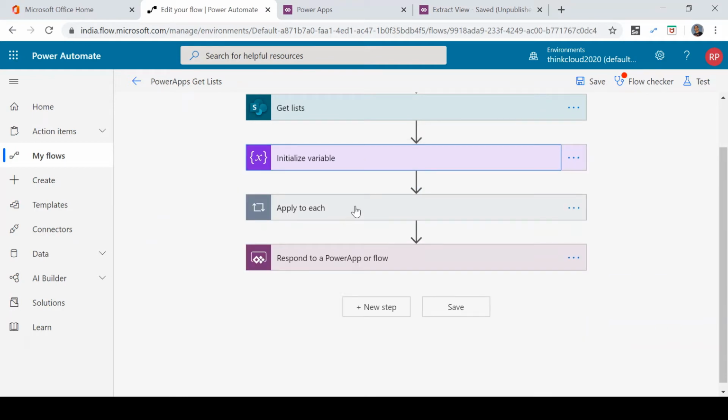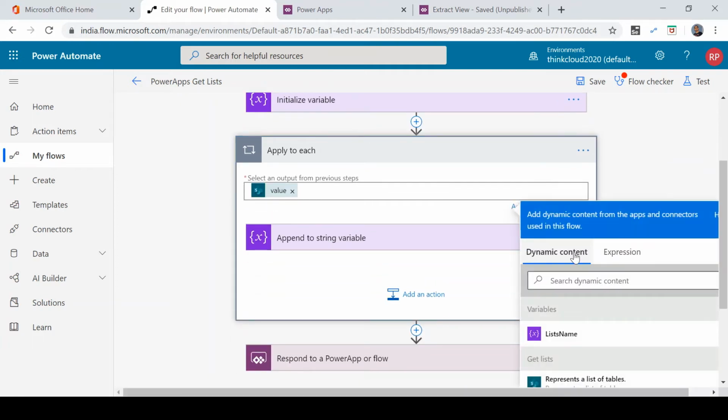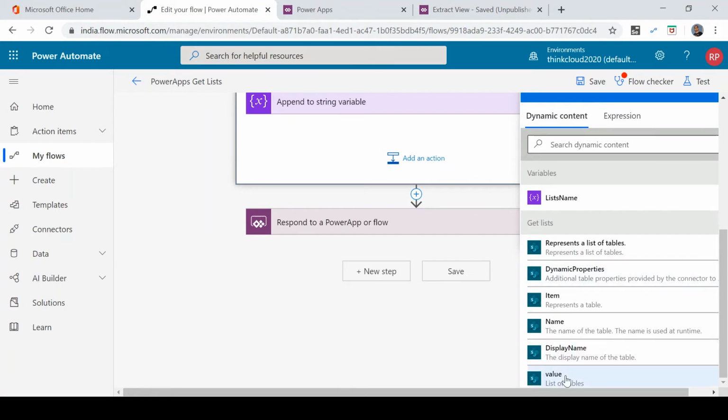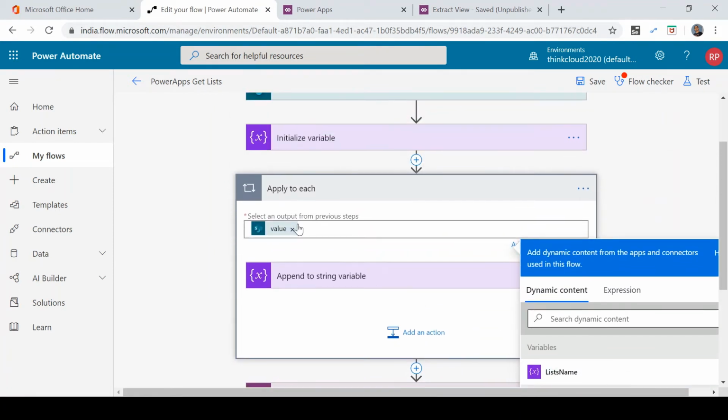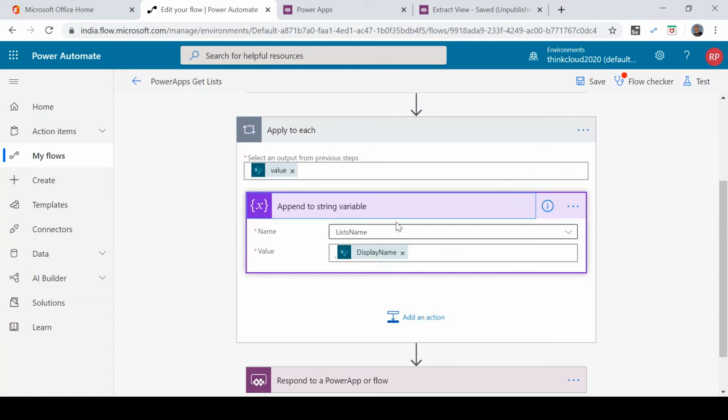Now I am just calling an apply to each action. Under this, basically the value is the value which is coming from the list. So I will collect all the values, then I will add an action called append to string variable.